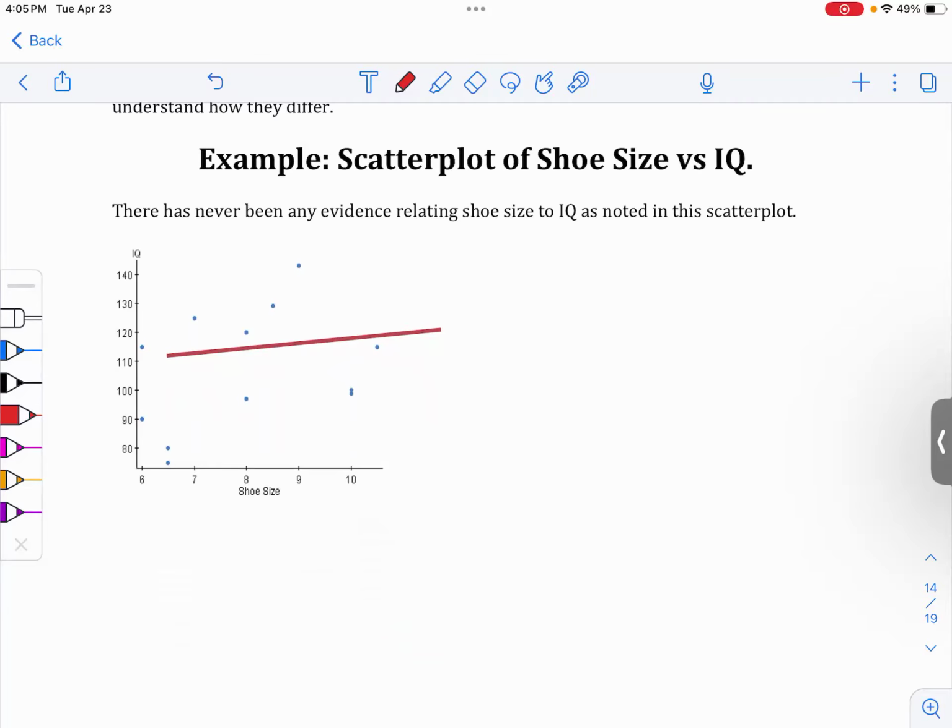All right, there's never been any evidence relating shoe size to IQ, right? So I collected some data. I got a bunch of people's shoe sizes and I collected their IQs. And when I describe this data set,